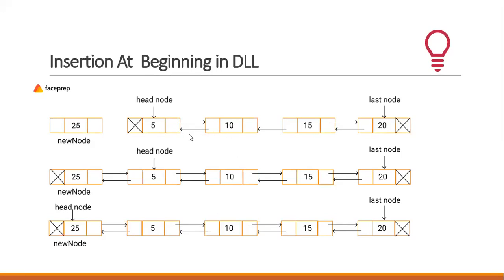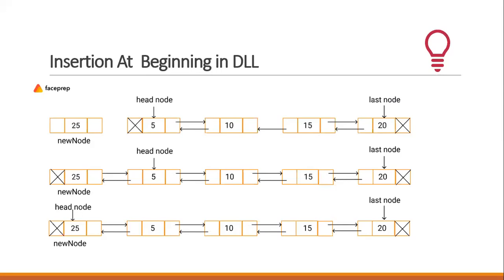And what we see over here, there are two significant nodes. One is the head node, which you also call a begin node, and one is the last node. And what we see over here is also that if we talk about the previous part of the head node, then it is having null. And if we talk about the next part of the last node, then it is also having null. So that's what we see whenever we talk about any doubly linked list.